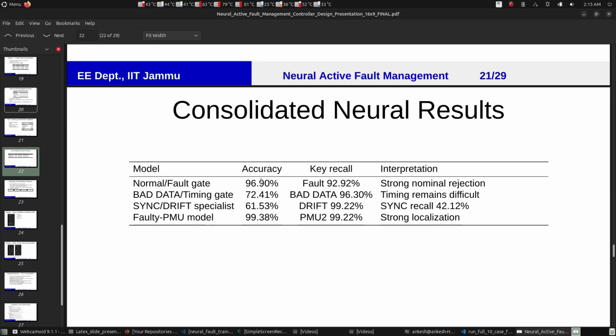The PMUs kept the timestamp the same, but the data was actually received for a time which is either from the past or the future of the present time. So that is a synchronization fault. While in the case of drift, we are not experiencing any timestamp related issues. In case of drift, our phase is actually getting shifted by a fixed angle with every iteration. So these were the two faults which are supposed to be found out and deciphered,